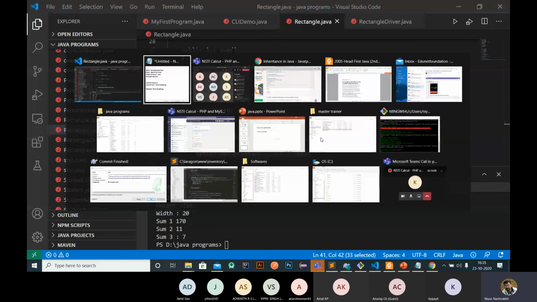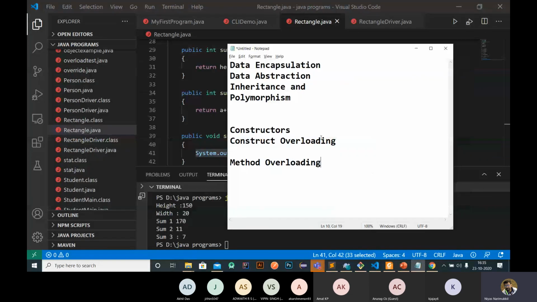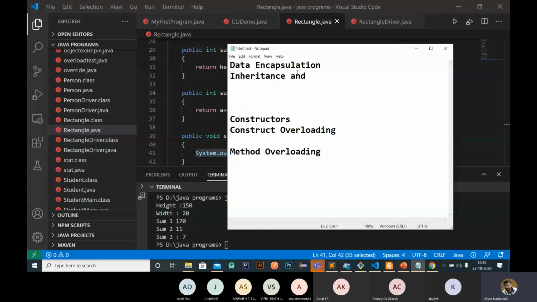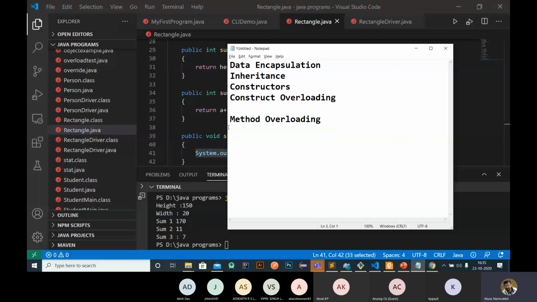So we discussed these concepts. We need to discuss polymorphism and inheritance. So we can discuss it tomorrow or next class, based on polymorphism and inheritance. So we discussed these things. I hope all of you understood. Any questions? So we discuss one more thing, the command line argument. So these are the things we discussed in today's class.